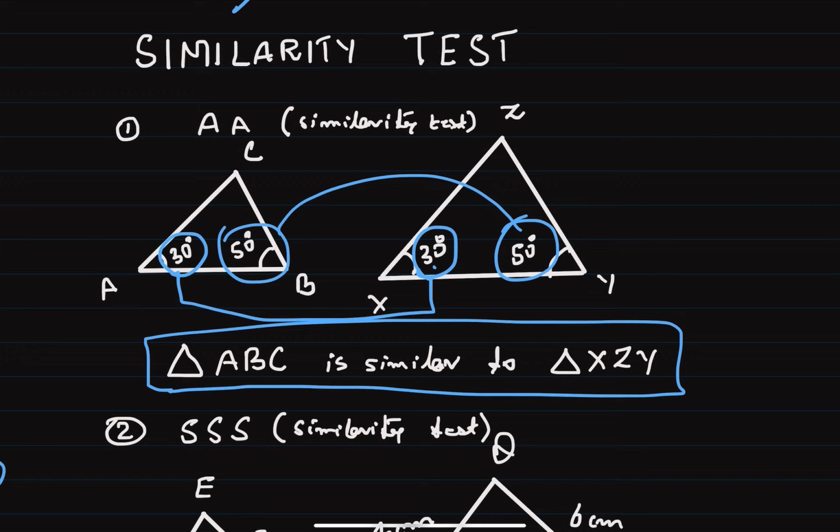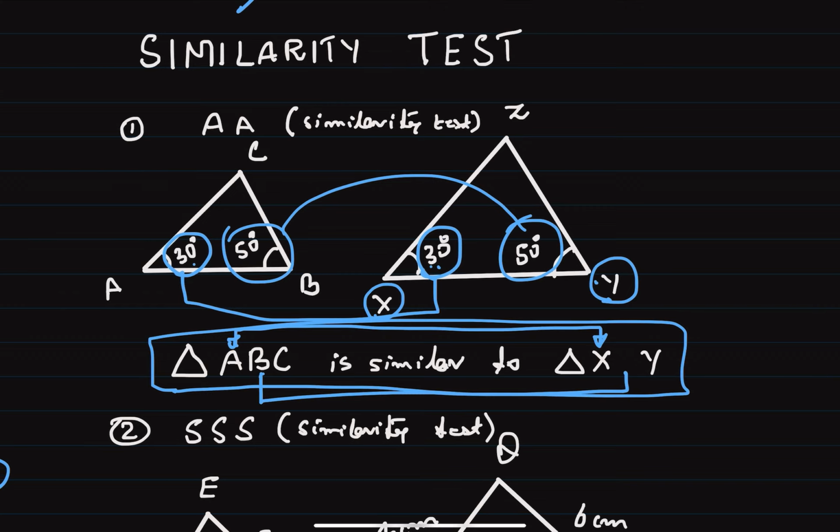triangle XZY. And you need to make sure that you have a proper order of the vertices that you have written. For example, angle A is 30, and what angle is 30 here? X. So A corresponds to X. Angle B is 50. So here angle Y is 50. So B corresponds to this Y. We need to write here Y, right? Y is written, let's say. And then